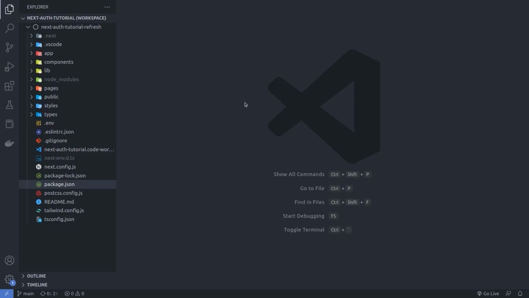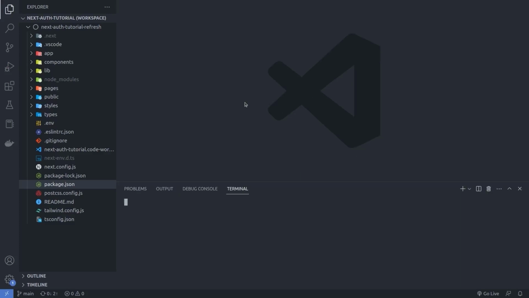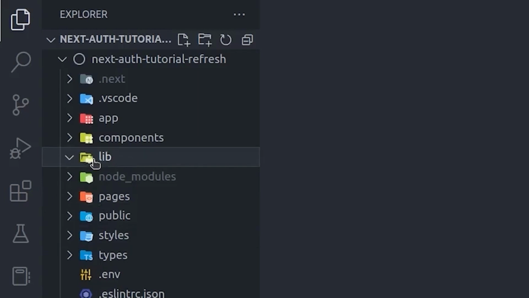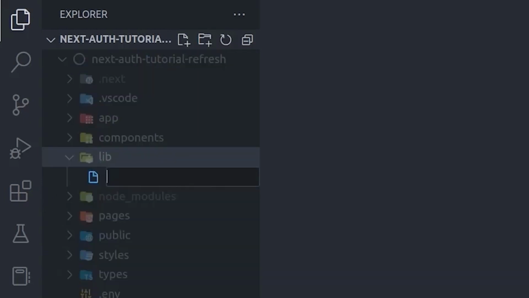Okay, I open up a Next.js version 13 project, and the first thing I want to do is to install Axios as well as Next-Auth. And since I've already installed these two packages, I just close this off. And next, in the lib directory here, I'm going to create an Axios configuration file. So I'm going to say